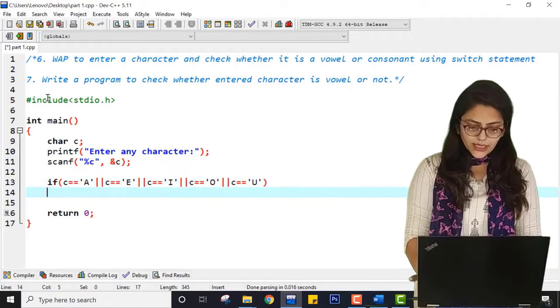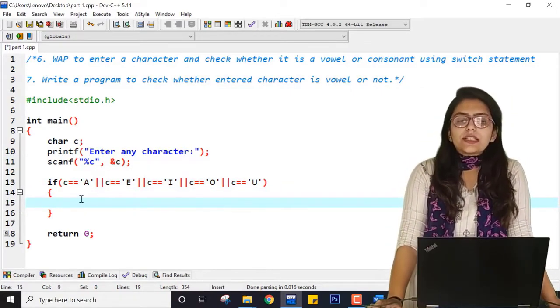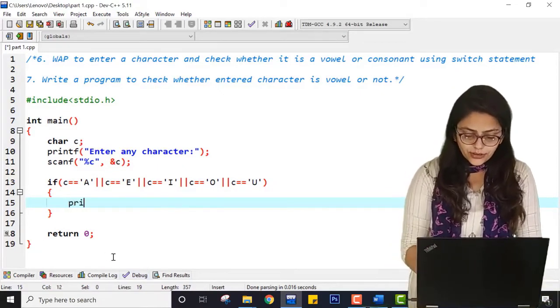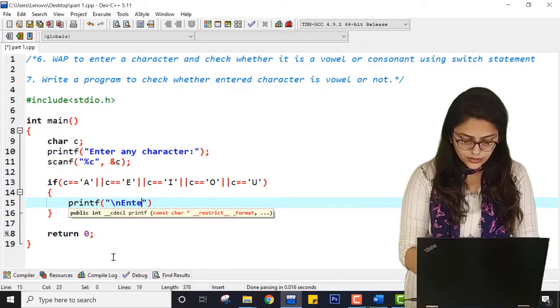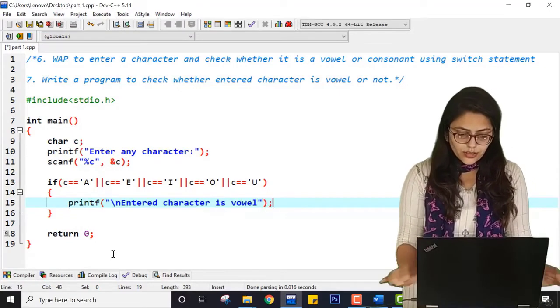Okay, so if this is the case, I have taken OR over here because if any one of these characters appears, then I am going to print \n entered character is vowel, right?